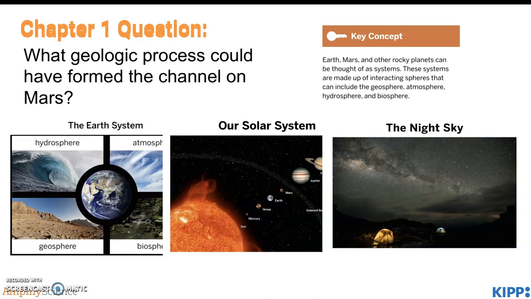In the first lesson for Chapter 1, students consider the unit question, how can we search for evidence that other planets were once habitable? To begin to answer this question, students learn that Earth is one of 4 rocky planets in our solar system. Students compare Earth's hydrosphere, atmosphere, biosphere, and geosphere to the other rocky planets. Through this activity, students identify Mars as a compelling place to search for evidence of